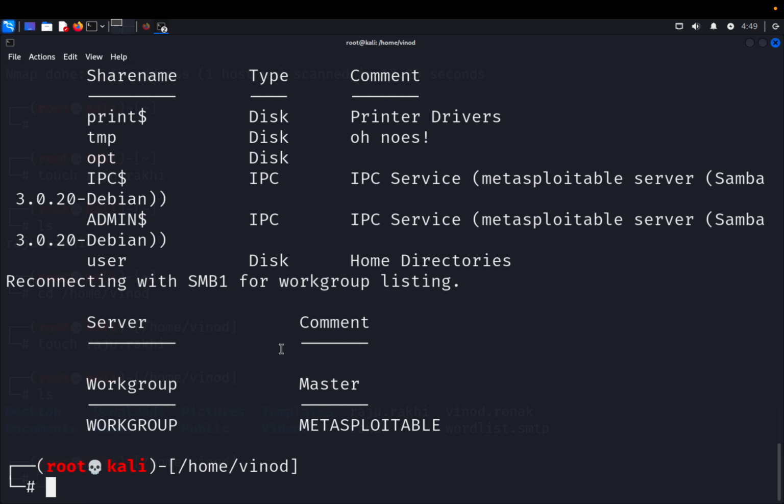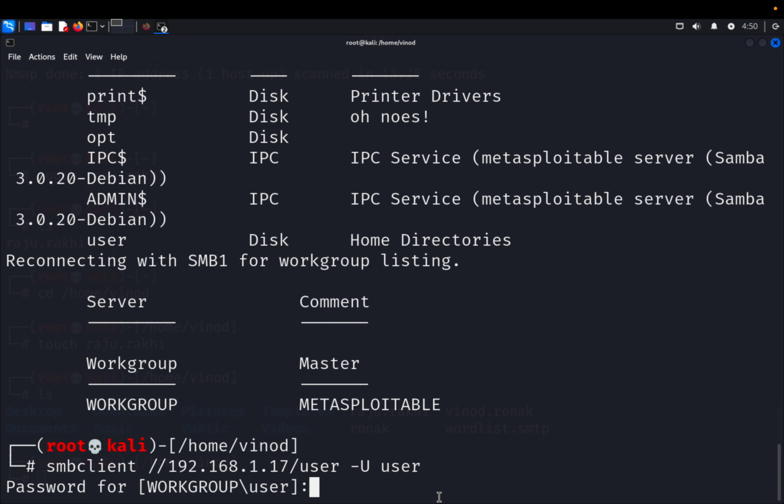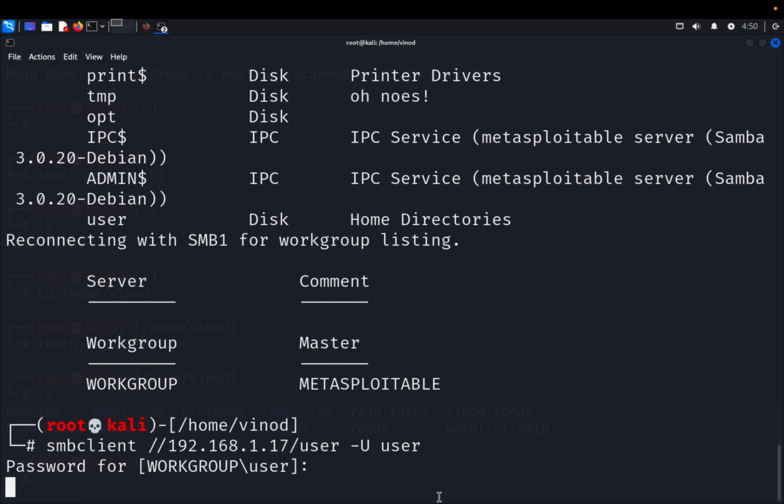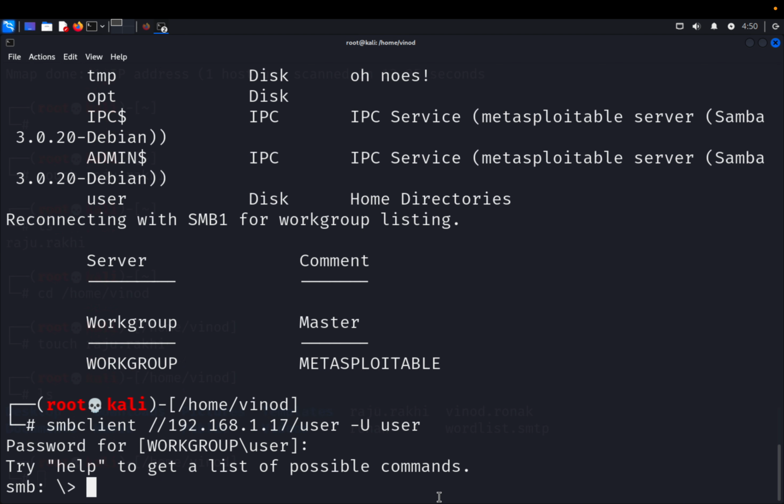There is again the problem is same. So yes, the wrong thing was hyphen L. We are not doing that to list any kind of things. We are trying to connect. So just enter and password use user. So we are connected. We have connected actually. So ls,